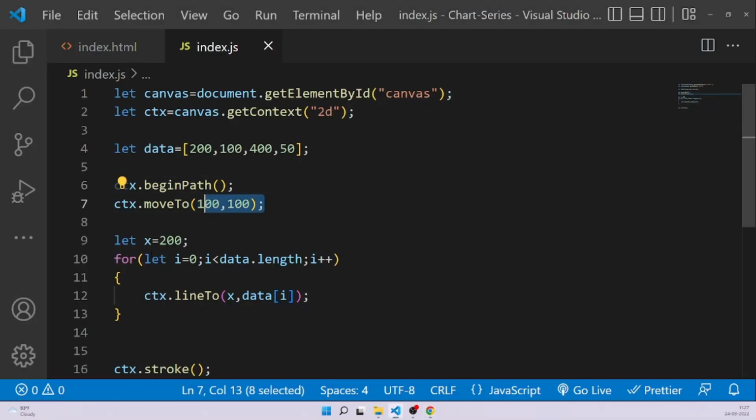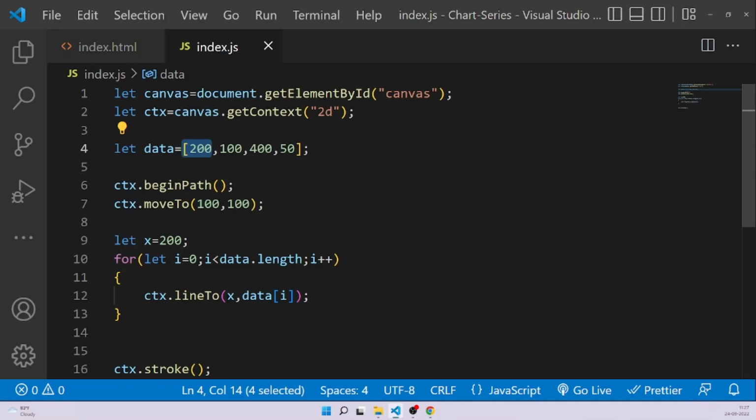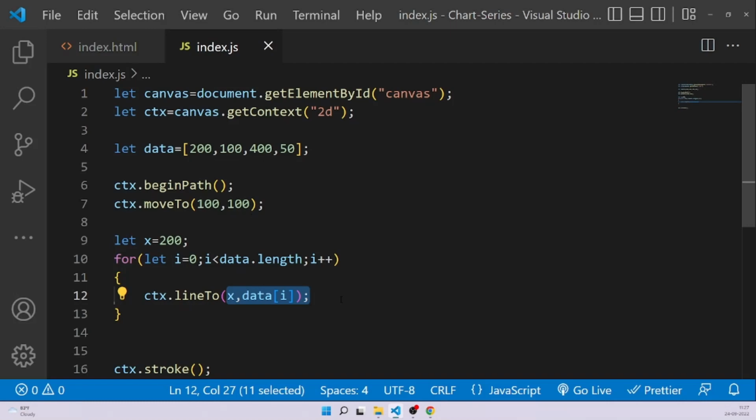Initially I'm at this place, I move to this place, then this loop starts, and then I say ctx.lineTo x, that becomes 200 now, and y, that is data of i, initially it's going to be 200 as well, because data of i, that is data of 0, is 200. So I'll move, let's say, from 100 to 200, so it will go something like this, right? And after that,